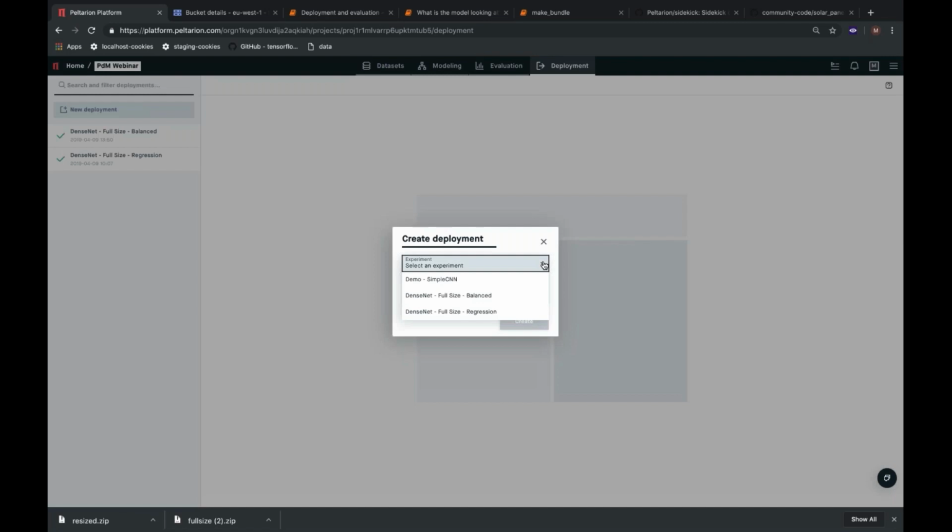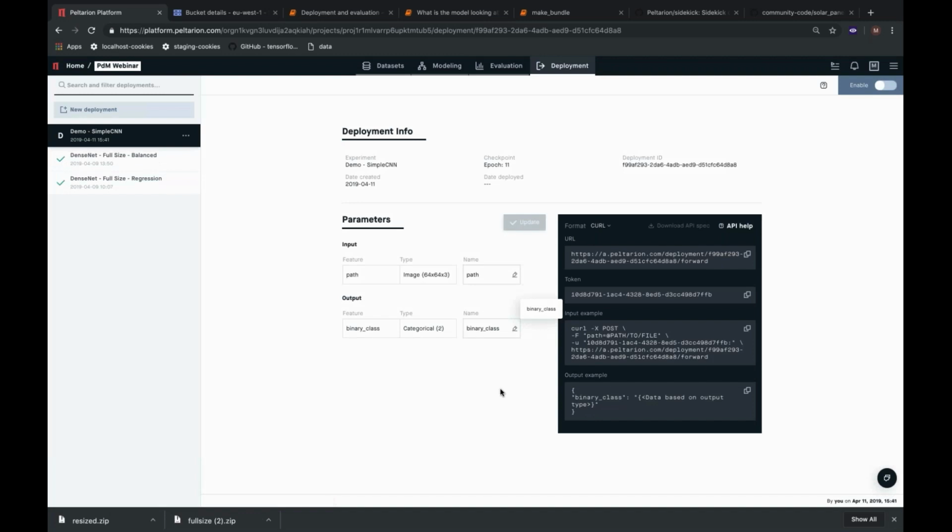If we had been happy with this very overfitted simple CNN, we could select that, and then you choose which checkpoint you want, the one that was best according to validation error, or the last one. So usually it makes sense to take the epoch where it was the best, and then you can give it a name and create it, and you will get a page which shows